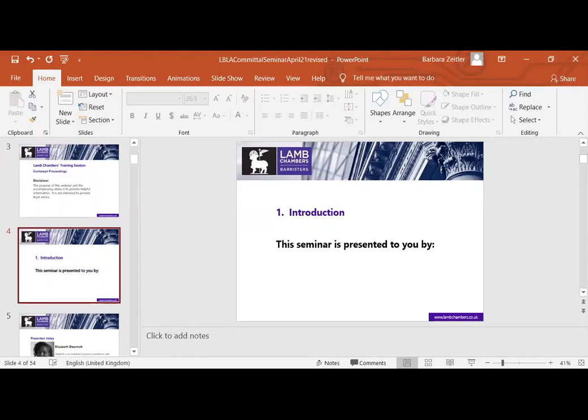But I thought this would be a very good moment to go through the rules, remind you of things that need to be complied with when making contempt applications, and also we wanted you to look out for some of the pitfalls when making contempt applications.